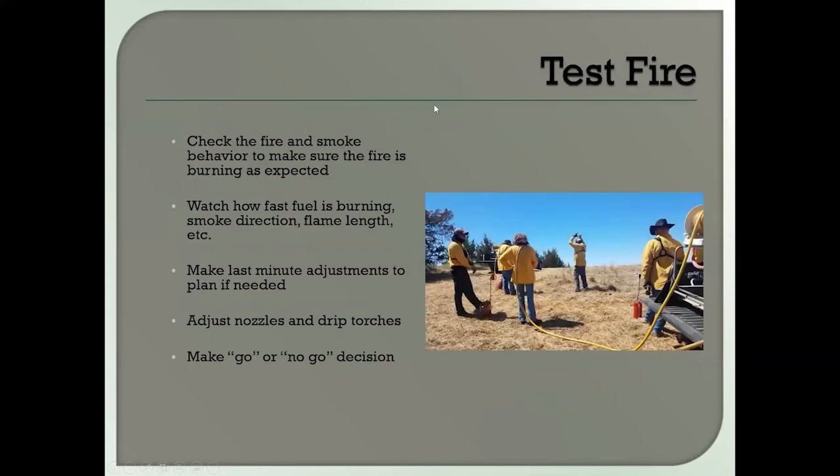Test fires are really good. Don't skimp on these test fires. Many times it's just a good opportunity for people to get comfortable with seeing fire on the ground. Make any last minute adjustments to the plan. Adjust your nozzles to the correct width and the amount of water, and get your drip torches dialed in. It's just a good